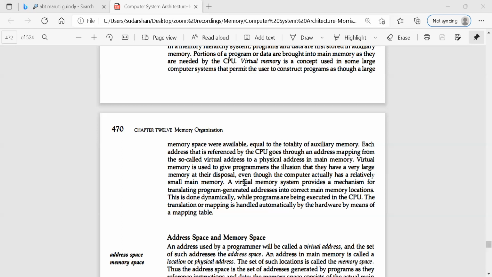But because of the virtual memory concept, this limitation has been overcome, and you are able to execute your program of your size depending on the hard disk capacity. If I say my hard disk capacity is 20 MB, my program and data size can be 20 MB, whereas my available memory is only 4 MB. That means a 20 MB program can be run on a 4 MB primary memory in a phased manner